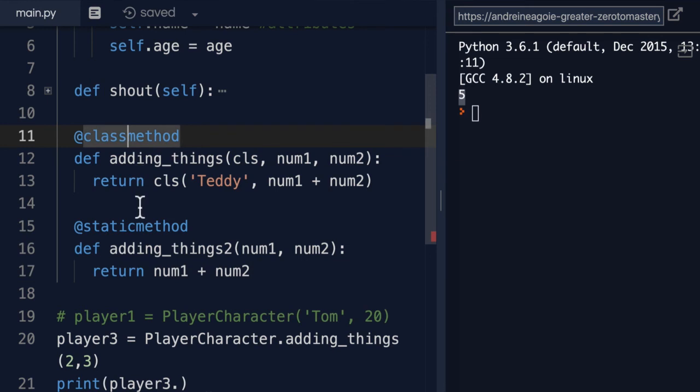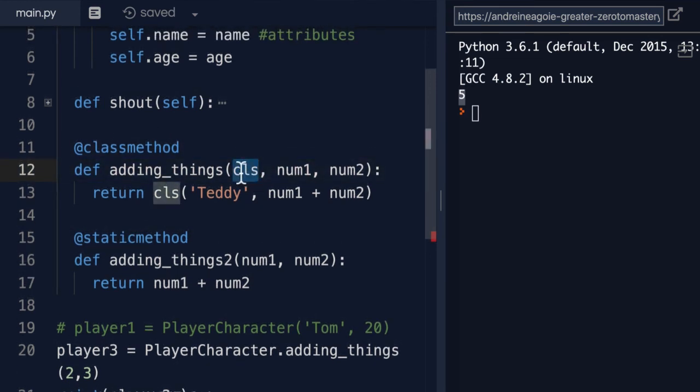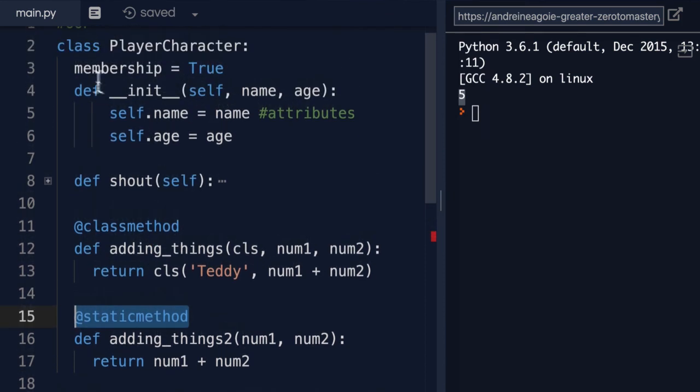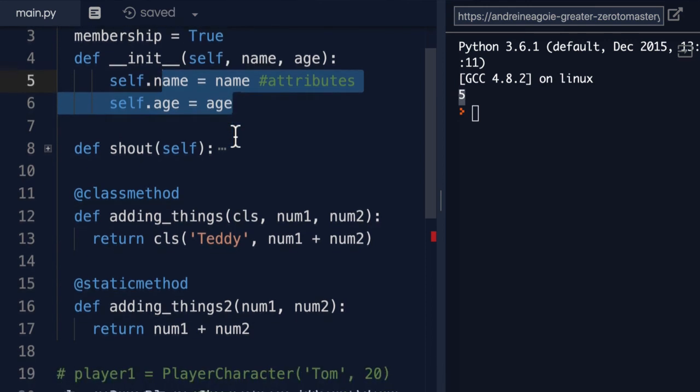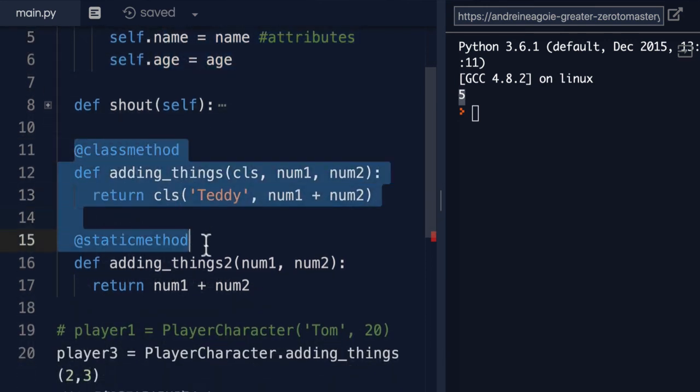So the only difference between the two is the idea that we don't have access in our parameters to this CLS. So we would use something like static method where we don't care anything about the class state. A class state is something like these. We don't care about the attributes, really. We use something like a class method when we do care about these attributes and maybe we want to modify them or change them. Now, these class method and static method is something that you won't see very often, but